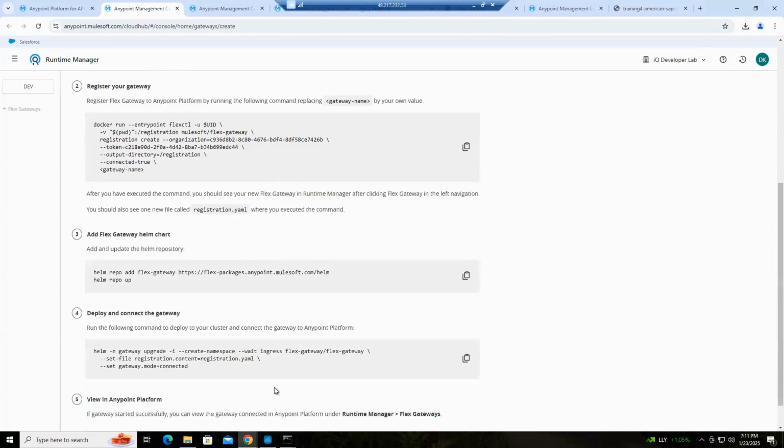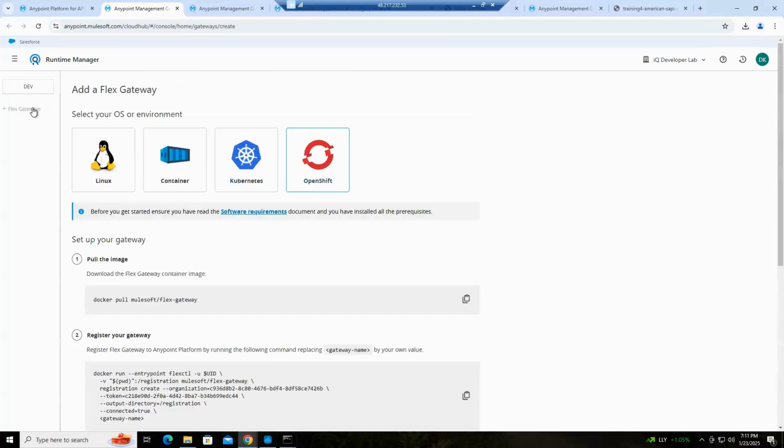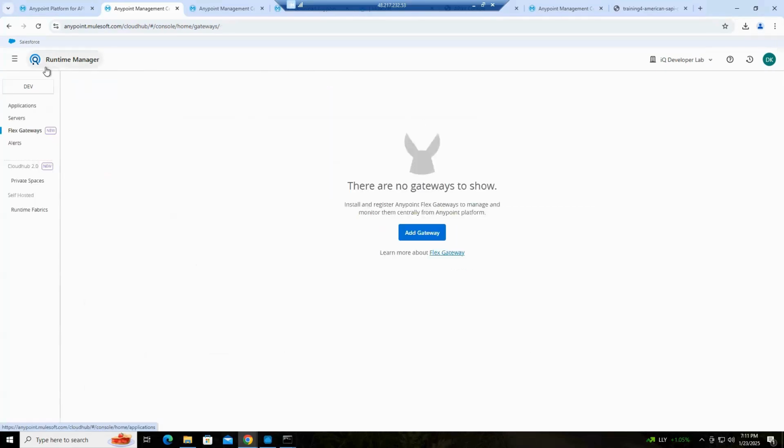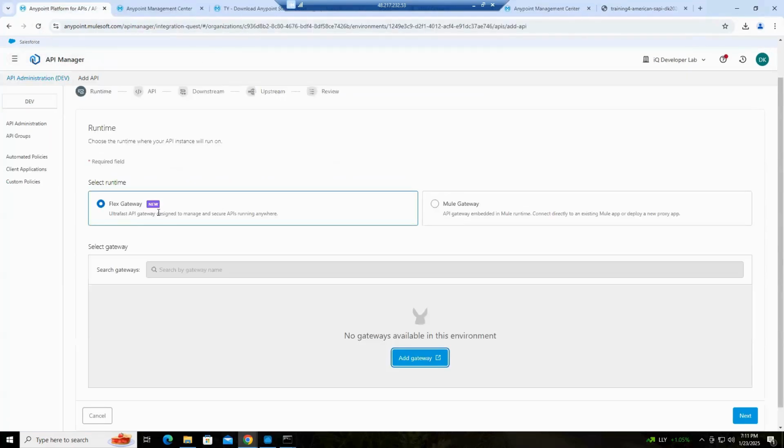Once you do, then that gateway is going to be an option for you to use in API Manager as where you want to add that management, where you want the proxy to reside,